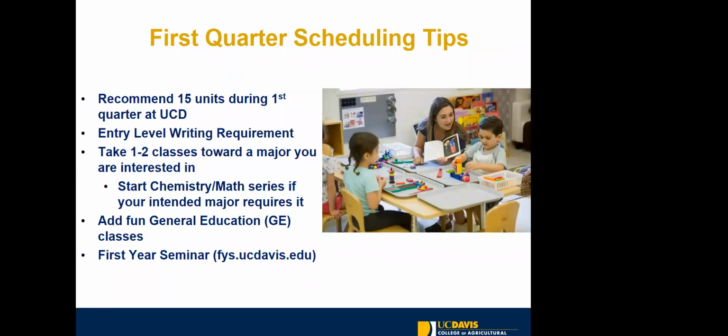So a few more tips to consider here. We recommend that students stick to about 15 units during their first quarter at UC Davis. Now, you may not get exactly at 15. You may end up with 14 or 13, and that's okay. We want you to feel comfortable with the schedule that you've selected that helps you move forward and make progress